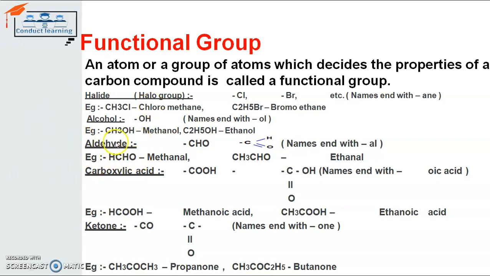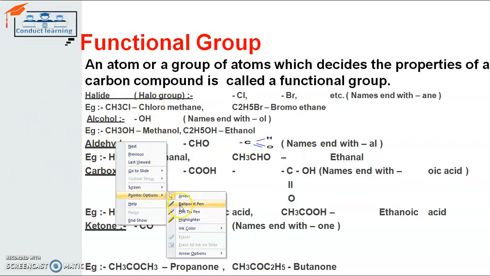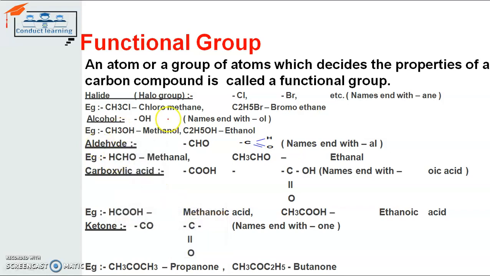Here, as you can see, the example is taken for chloromethane, and we all well know the chemical formula for methane, which is nothing but CH4. In methane, the number of carbon atoms is 1 and the number of hydrogen atoms is 4. The structure of methane is like that: C sharing its 4 valence electrons with 4 different hydrogen atoms. This is the structure for methane that we have already done in the previous videos.